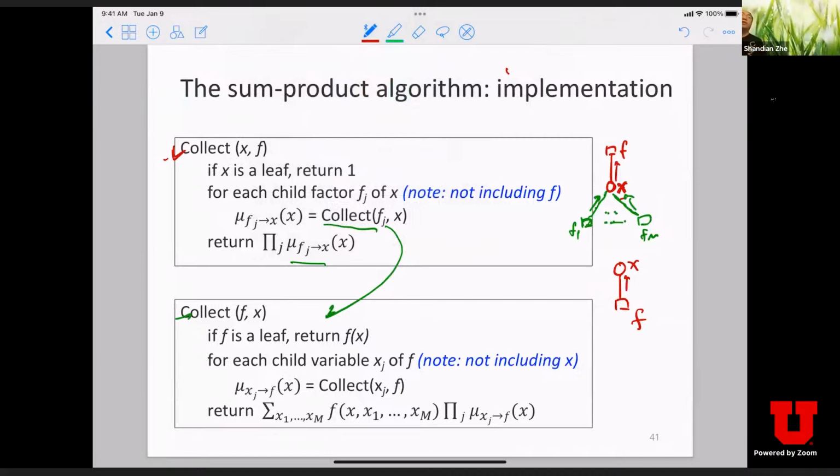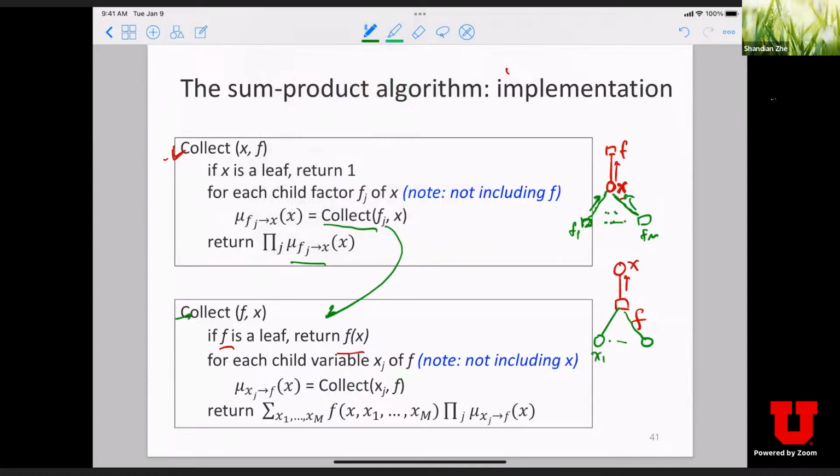Again, we need to consider the base case first. If the factor f is a leaf, that means we have some initial message, and we should just return the factor function itself, fx. Otherwise,